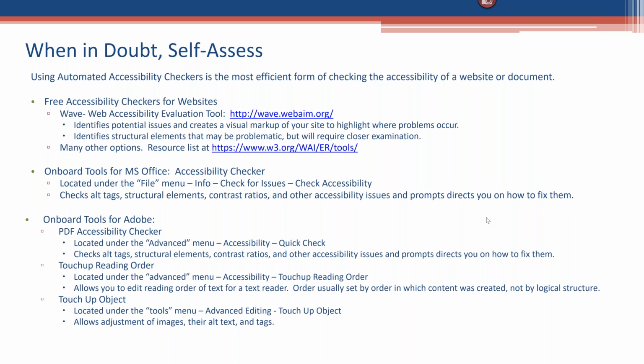So I've also mentioned that PDFs are much more difficult to create accessible content in. And so I've provided some onboard tools here in Adobe products, but generally these are not available in the free products. They're available in the paid version. So the first is the PDF Accessibility Checker. It's located in the Advanced menu. You can run a quick check and it will do the same as the other accessibility checkers that have been listed above. However, then to change any problems you find,